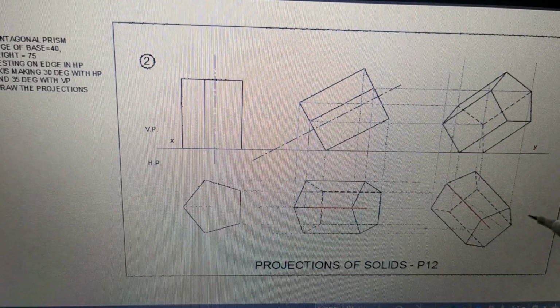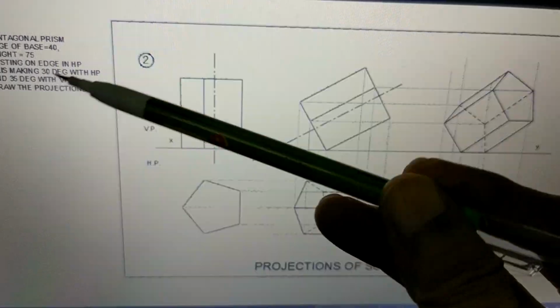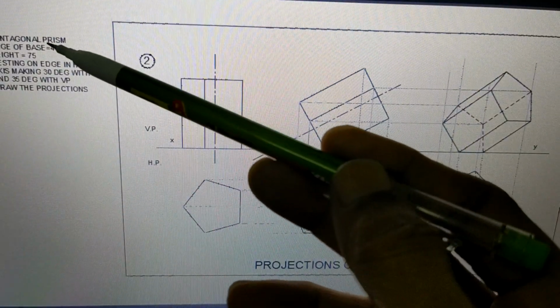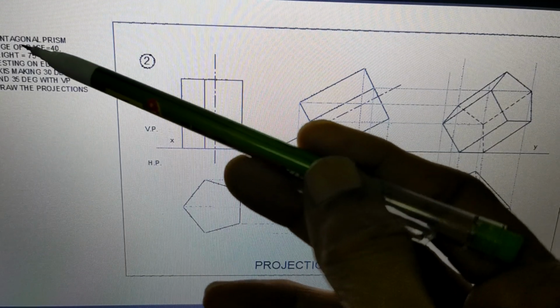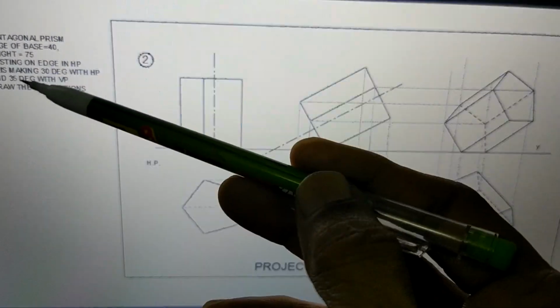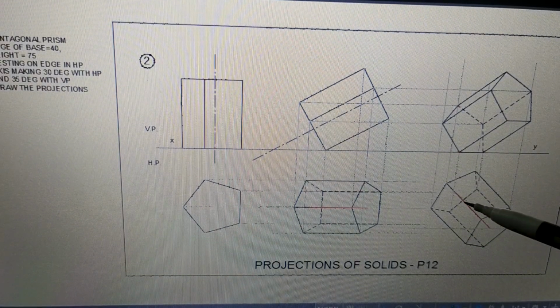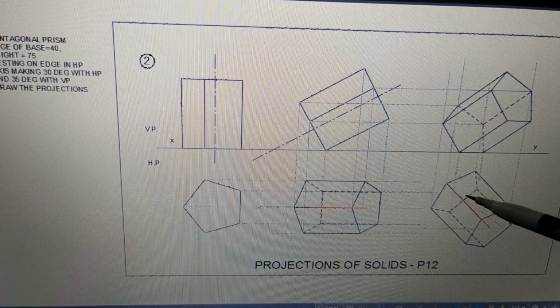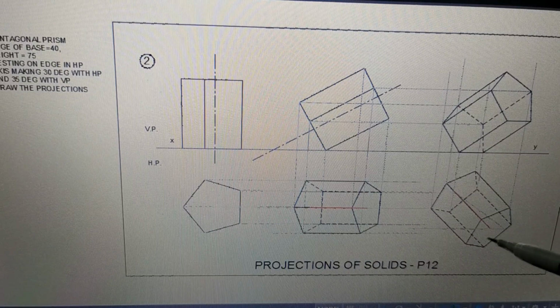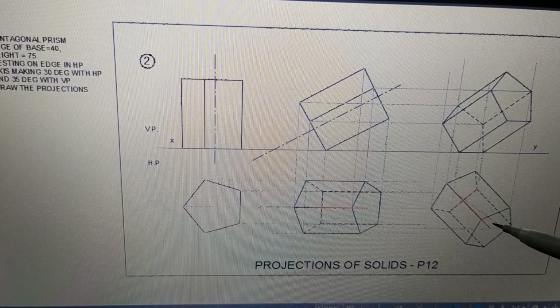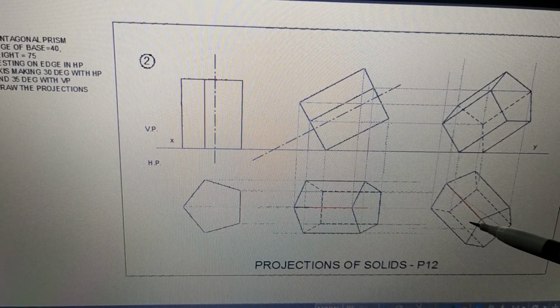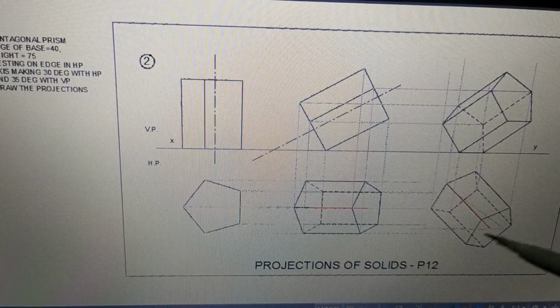So this figure is drawn, the required views are drawn. Whatever dimensions are mentioned here, 40 base, 75 height, 30 degree angle, 35 degree angle, all these angles you are supposed to show properly. You have to write this line as the axis, the apparent length of the axis. This is the locus. This angle is actual 35 degrees. This is the apparent angle. So all the details you are supposed to draw.